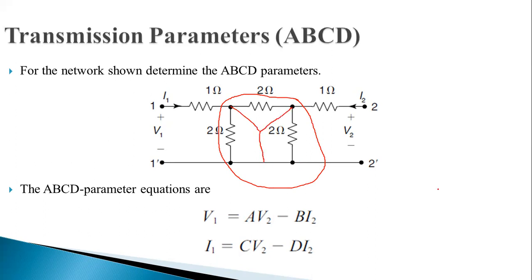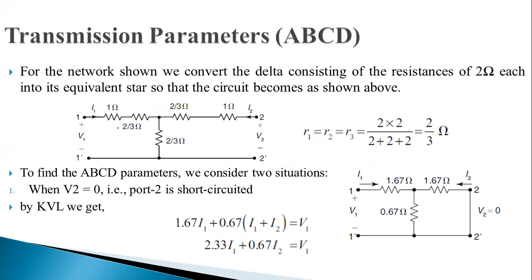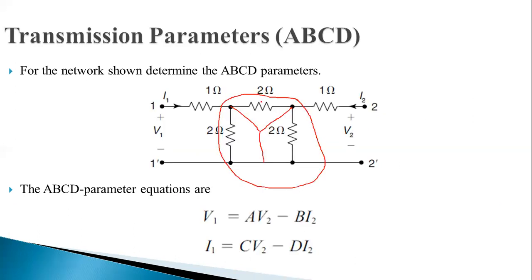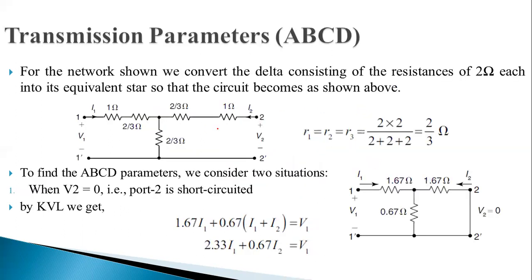By converting this circuit into star form, I have the new circuit, such that whenever I need to find the resistance over here, and over here, it is with respect to the combination of these two resistances. Similarly, for this resistance, we take this combination. So by converting delta to star connection, I will get a new network of 2 by 3, 2 by 3, and 2 by 3 ohm with respect to my previous resistances of 1 ohm. So I am going to rearrange all these terms. I will get the new equation by adding 2 by 3 plus 1 equal to 1.67, 2 by 3 plus 1 equal to 1.67, and 2 by 3 equal to 0.67 ohm.